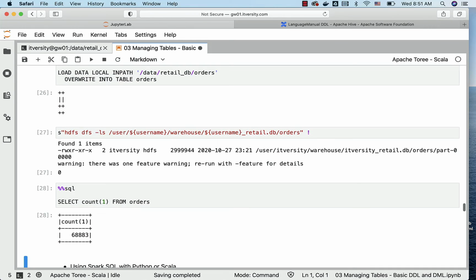So this is how you can load data using two different approaches. One is with into table, another one is with overwrite into table. Into table will add files to the existing location without touching the existing files. Overwrite will delete all the files in the existing location pointed by our Spark Metastore table, and it will only copy the new files from the source from where we ran the load command.